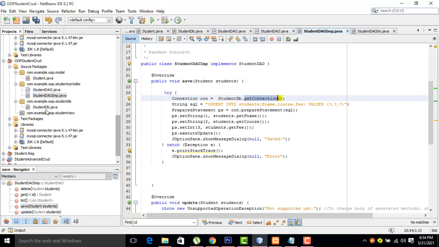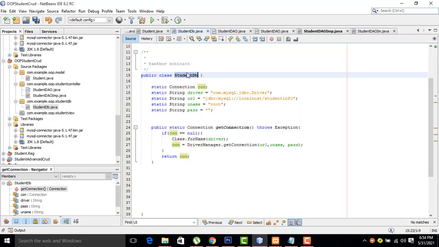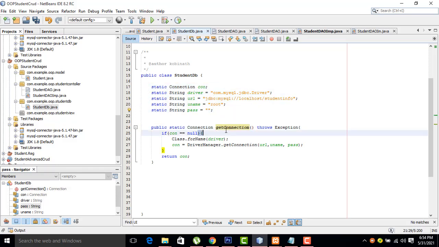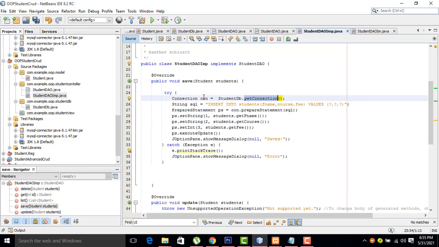If you call this one, all our database connection will be connected here, right? After that, we will be able to write the query.